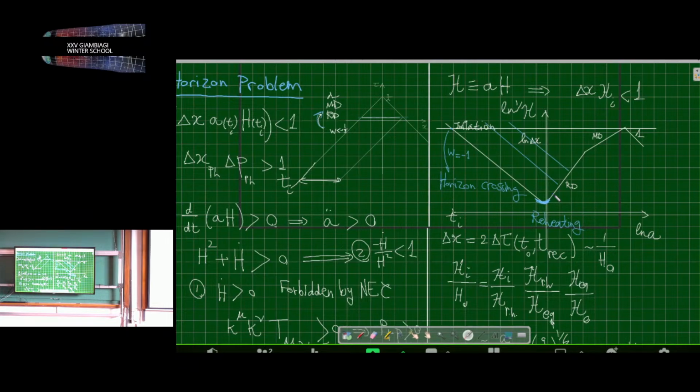Okay. So we need about 60 e-folds of inflation. It's called an e-fold because we are taking a log in natural base of the scale factor. We need approximately 60 e-folds of inflation to solve the horizon problem. It depends on the reheating temperature. So now we want to write some model that realizes this. Can we have a simple realization of this scenario? And the answer is yes.